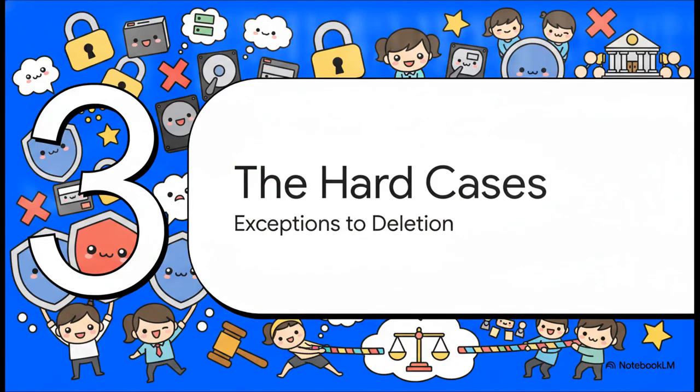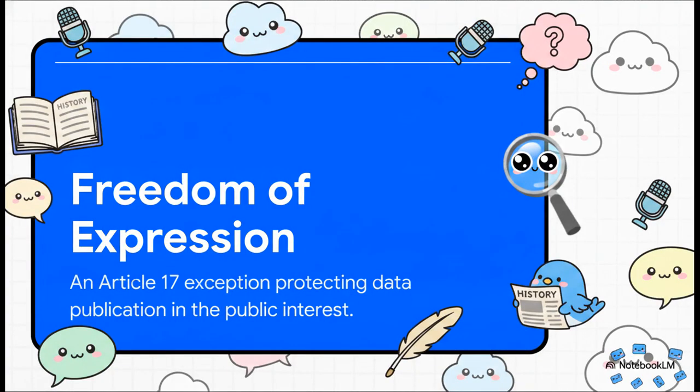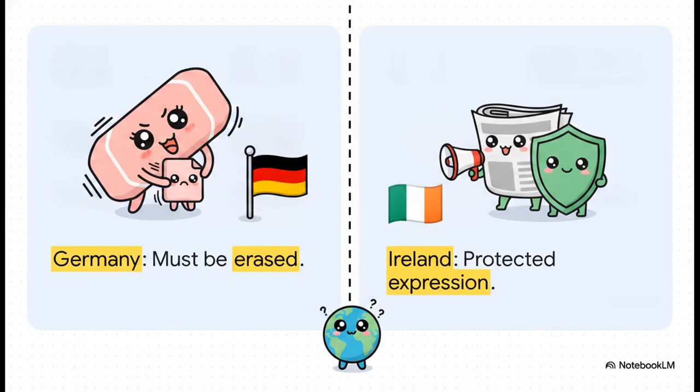All right, Section 3, the hard cases, because sometimes there are exceptions. Now we get to where things get super tricky, because balancing personal privacy against the public interest is incredibly fraught. Imagine a politician trying to use the right to be forgotten to just systematically scrub the internet of their past controversies. That individual privacy request clashes directly with a journalist's right to publish, and frankly, our right to know. You absolutely cannot automate this. It requires nuanced, case-by-case human judgment to weigh that public interest. And to make it even messier, the way these exceptions are handled varies wildly depending on where you are.